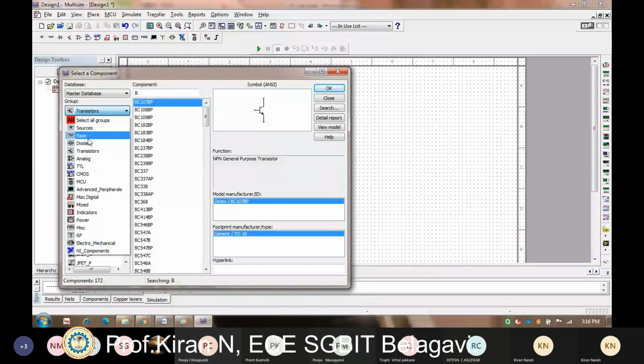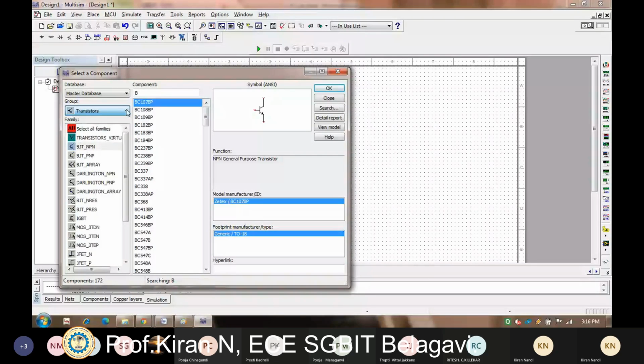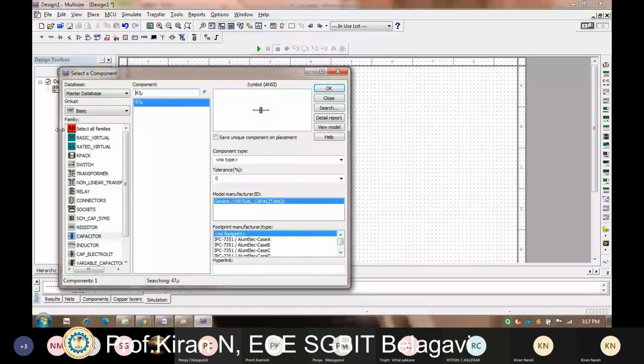Resistors, how many resistors we need? Okay, so we need a resistor here. So just click on OK, place it, click on OK, place it.